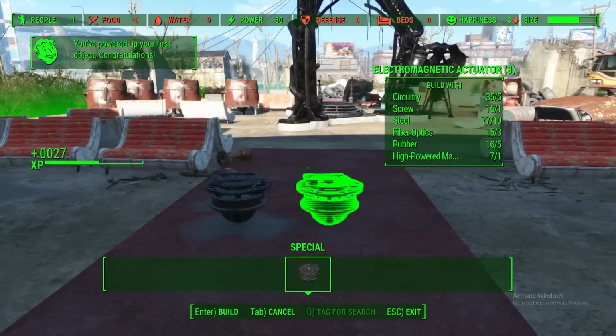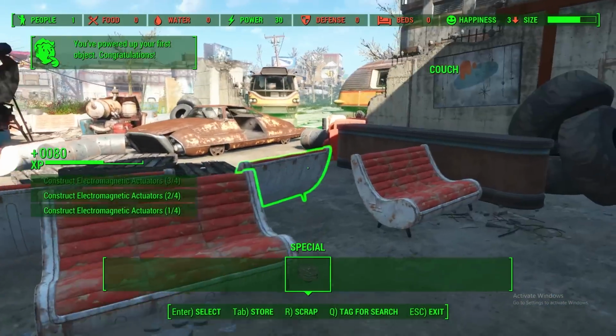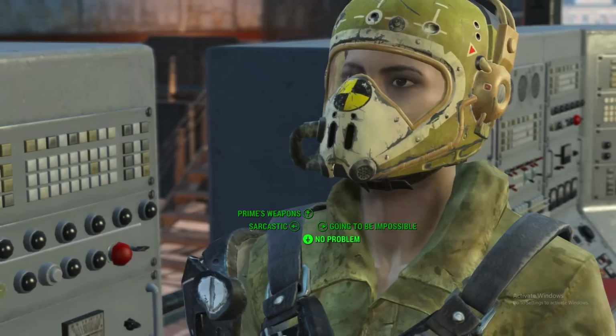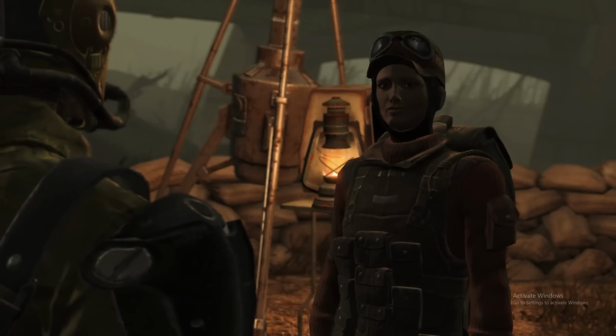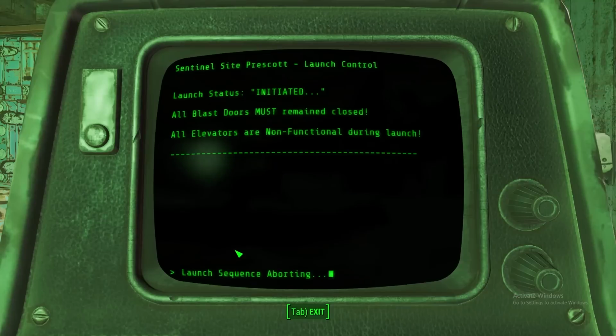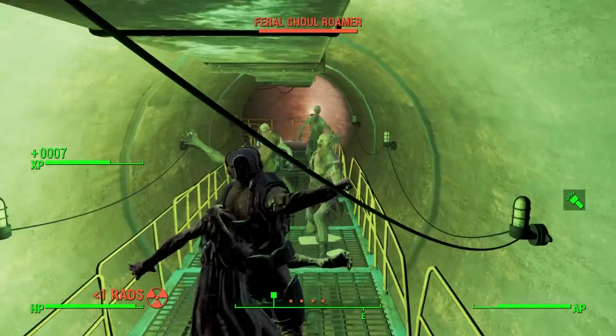But no big deal, as I already had a high-powered magnet, bought previously as I was buying my materials for my armor. Liberty Prime was in need of some nukes, so back into the Glowing Sea I went. I met up with Scribe Haylen and headed inside, climbing down the missile silo to deactivate the lockdown, and through the pipes,